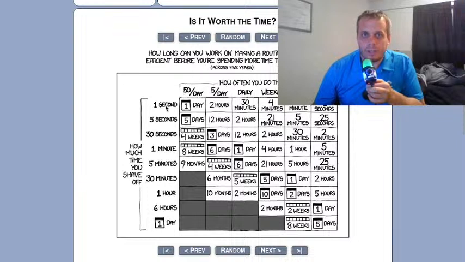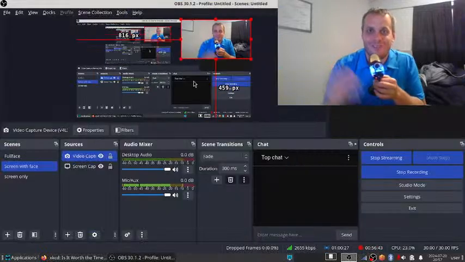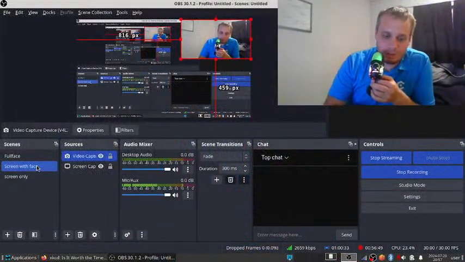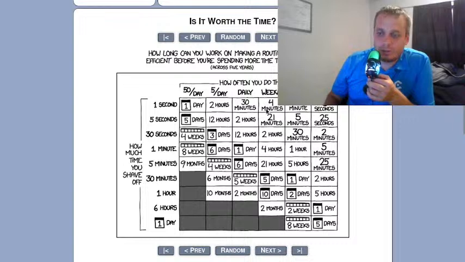So if a test takes 1 second and you do it 50 times a day, this is over 5 years. Over a 5-year discount window. Oh my gosh, it's so the terminology of capitalism and investment. So over a 5-year time horizon or discounting window, if you do a task 50 times a day and it takes 1 second, then it's worth your time to spend 1 day reducing the time it takes to do a task by 1 second if you do it 50 times